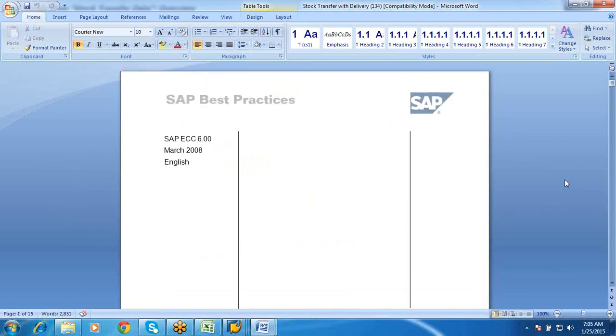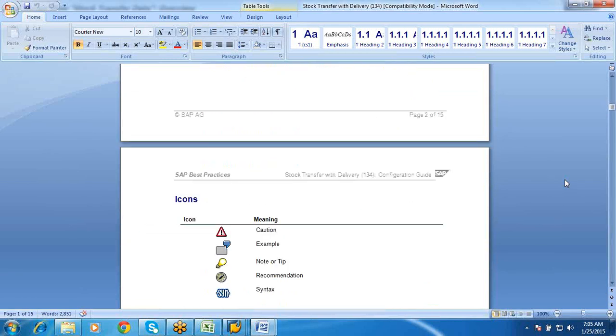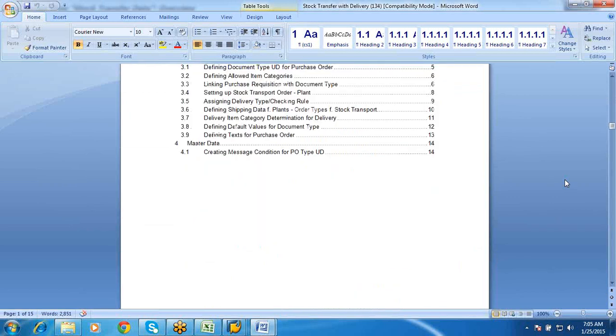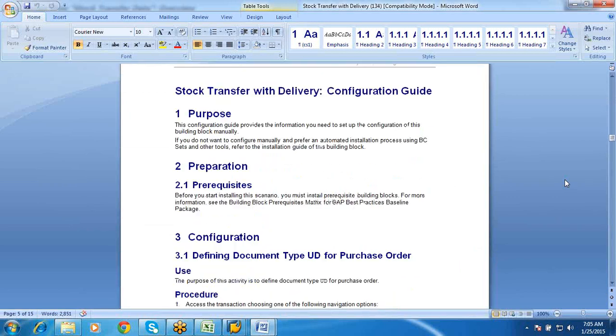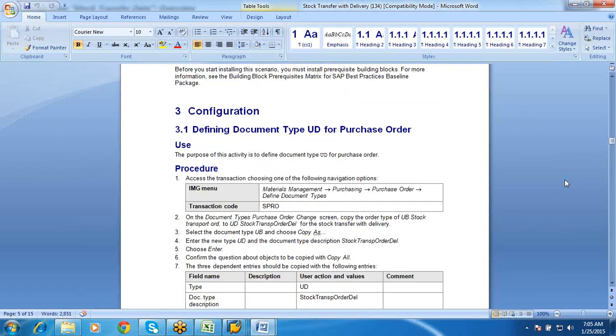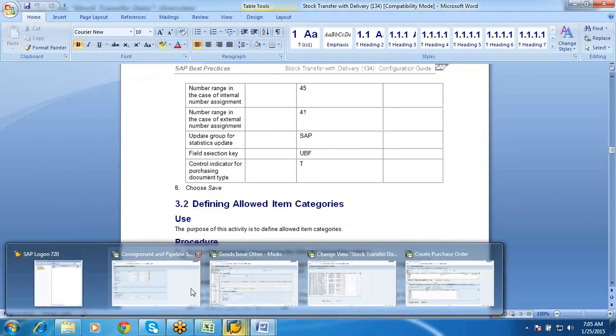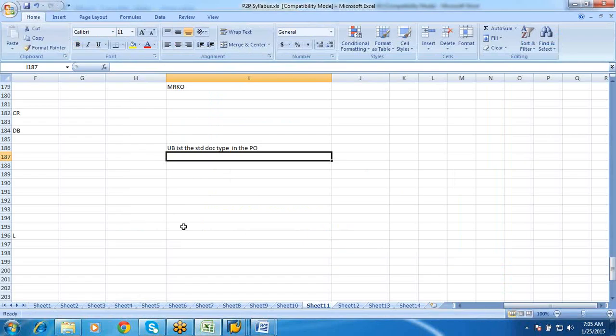Since it requires the integration part, I would not be in a position to take much on this. I'll share the document, then you can refer to that. So this is about our special procurement part.